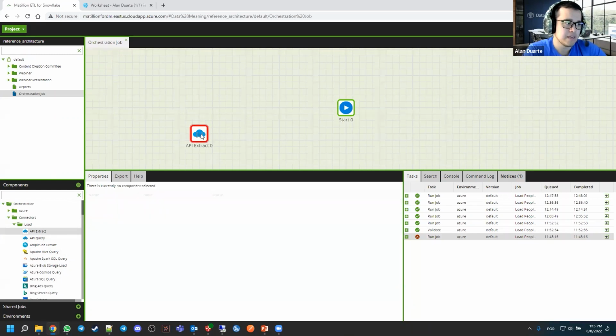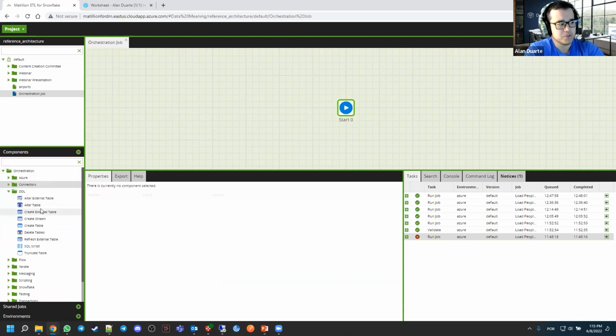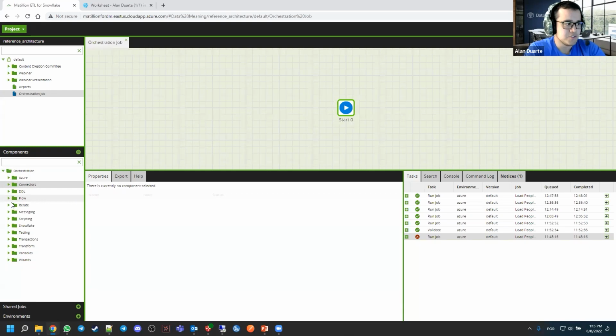to build. But the intent of this webinar is to focus more on the transformation job, transforming data from one table to another. So we are not going to use an orchestration job for that. We are going to use a transformation job for that. All right, so we have several kinds of connectors. We have the ability on the orchestration to use any kind of DDL scripts for SQL. We also have the flow options to have an end, success and failure, if, or, and any kind of job